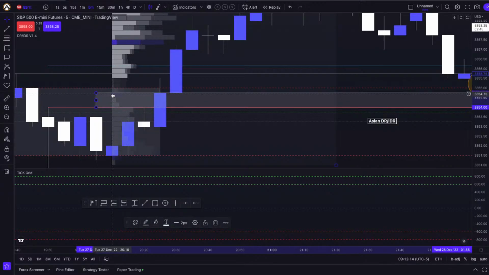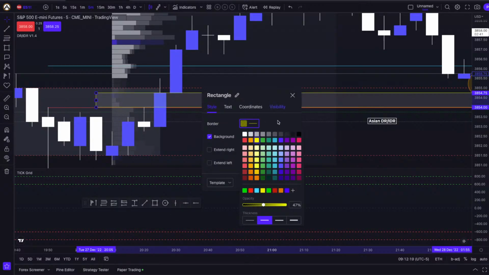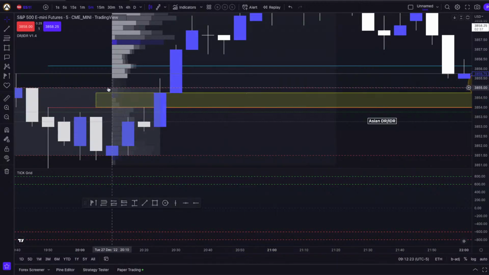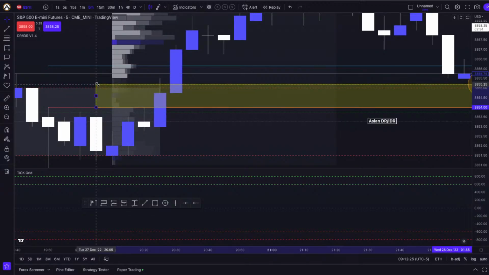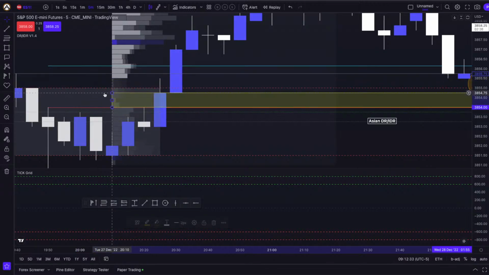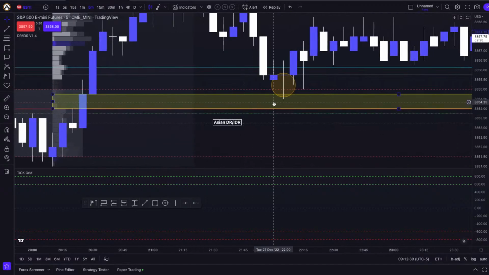So if I'm dragging this out, you guys are actually going to be able to notice it. Let's make it a yellow color so it can stand out a little bit more. And this fair value gap is basically reaching all the way up till here. We see that in this upper fair value gap, we had more volume than in this lower one. So right here, we also had a confirmed volume inefficiency in the market